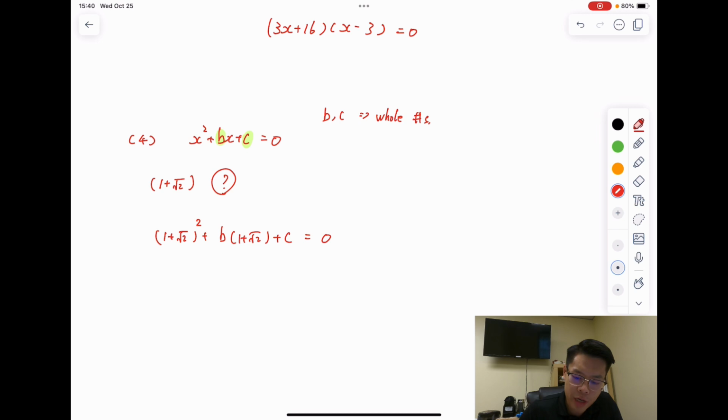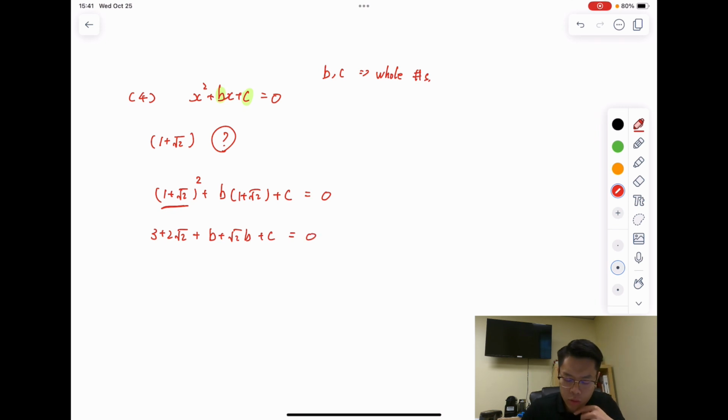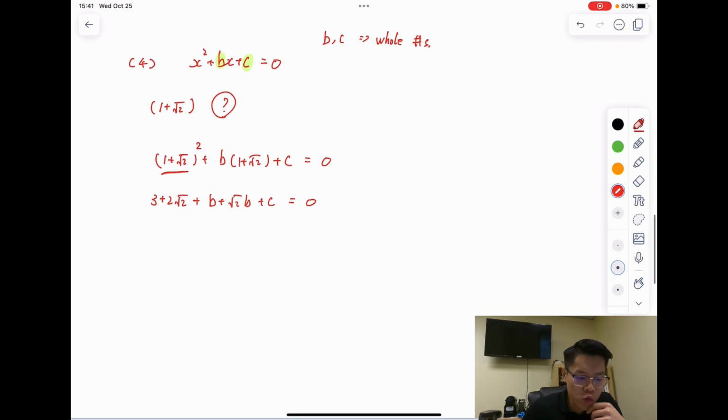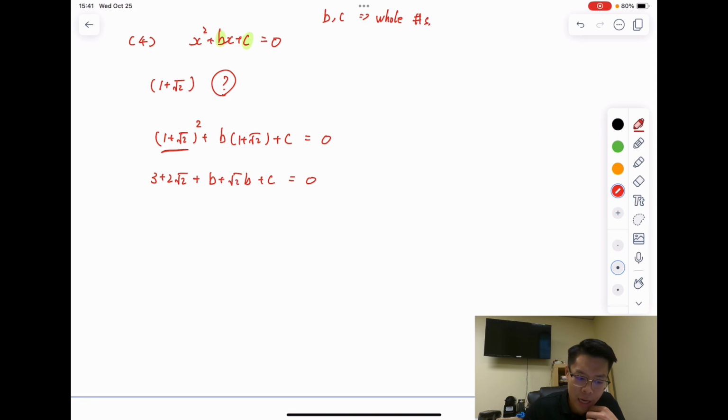And then after I open it up, you guys should know how to open this up already, right? So this would be 3 plus 2 root 2 plus b plus root 2 b plus c is equal to 0, okay? And then if I group up everything, what will happen over here is that I rearrange the terms a little bit. So I have 3, I have the b, I have the c. And then I will group up the root 2 together as well. So this time it will become,